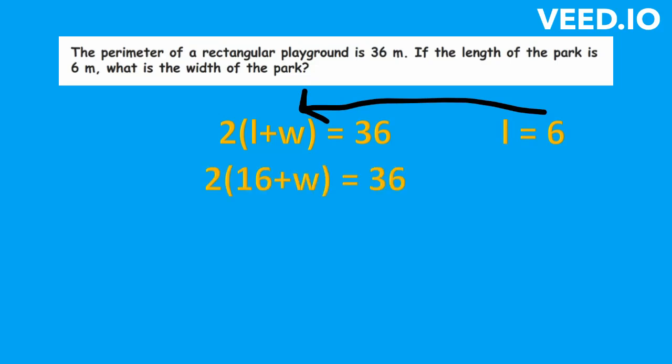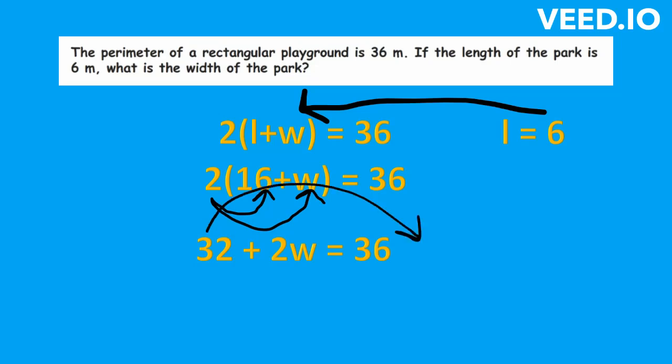Let's apply distributive property. Two times 16 plus 2 times W. So we want W here, so let's take 32 to the right hand side. So 2W equals